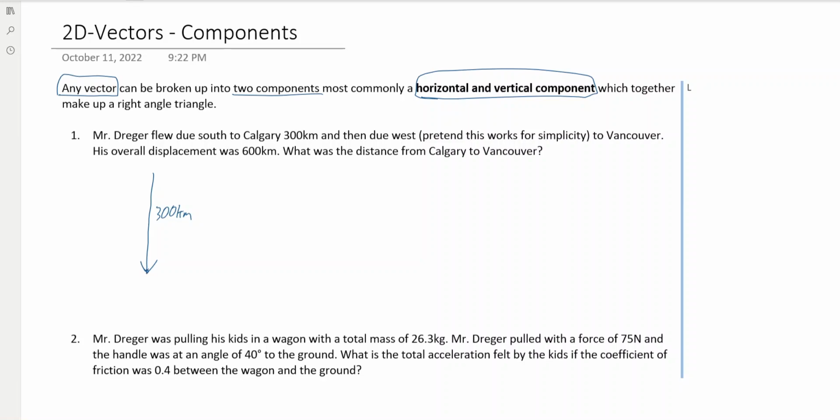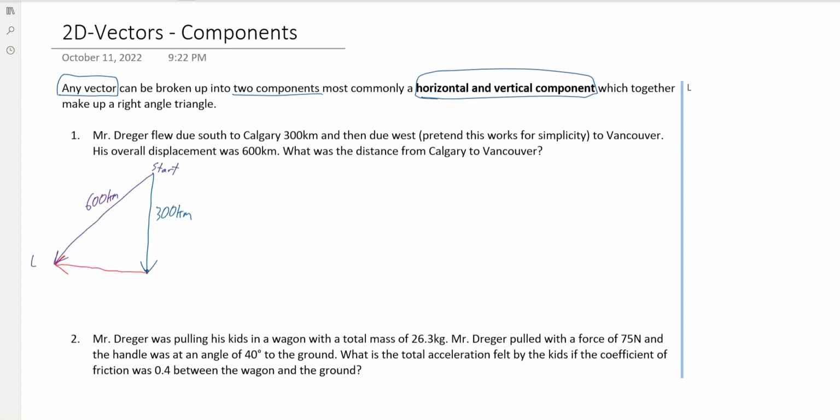Pretend that this is possible. It's not actually true, but let's say it's due west to Vancouver. That's this direction, and it says the overall displacement was this direction of 600 kilometers from start